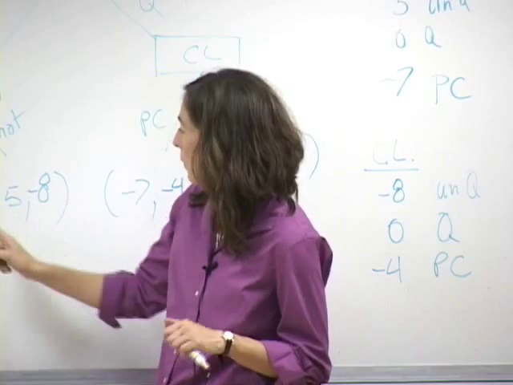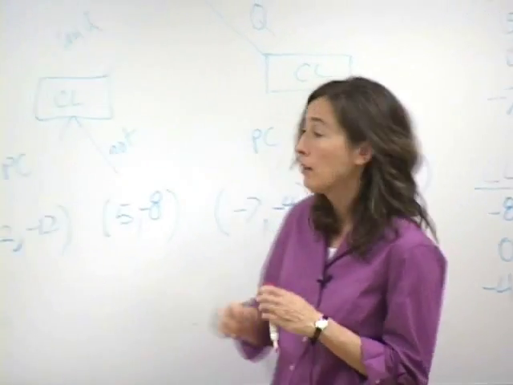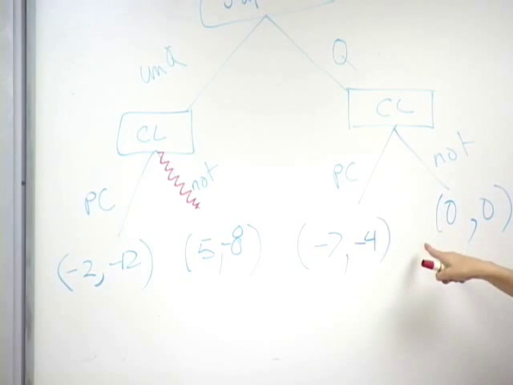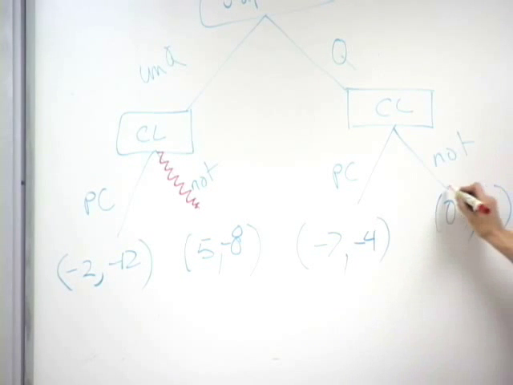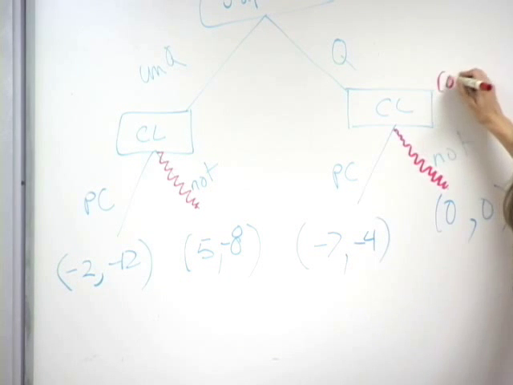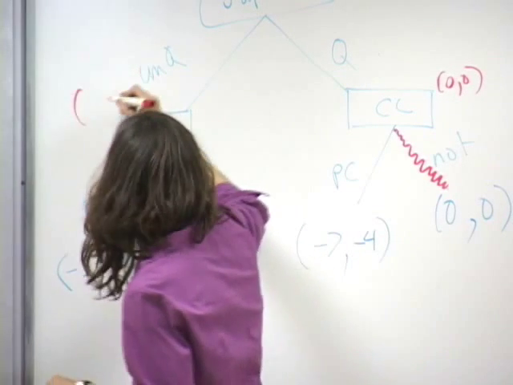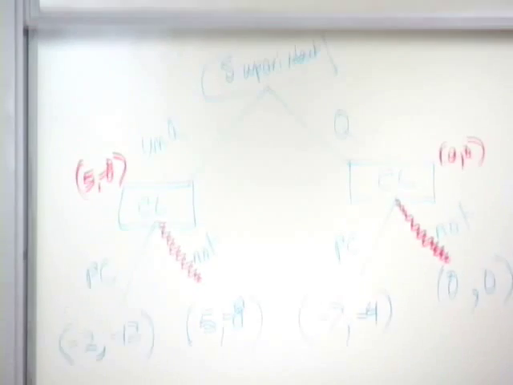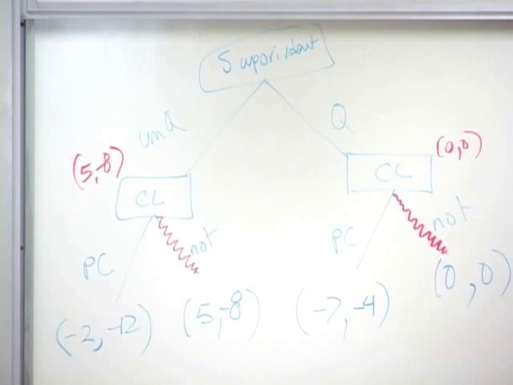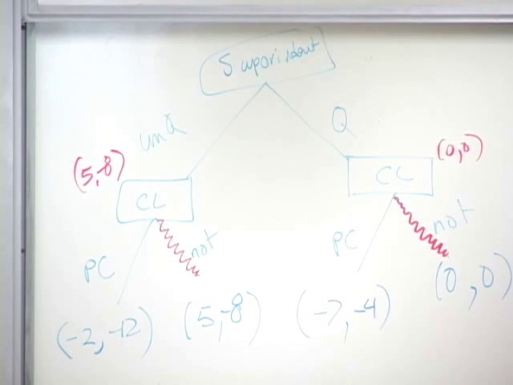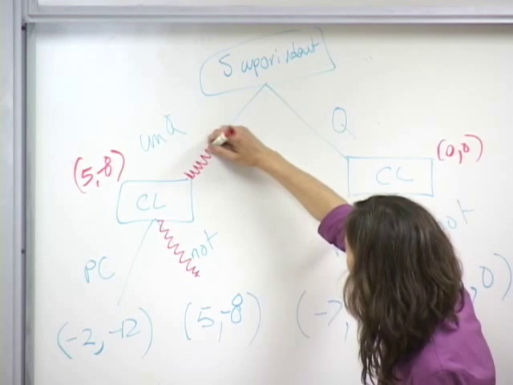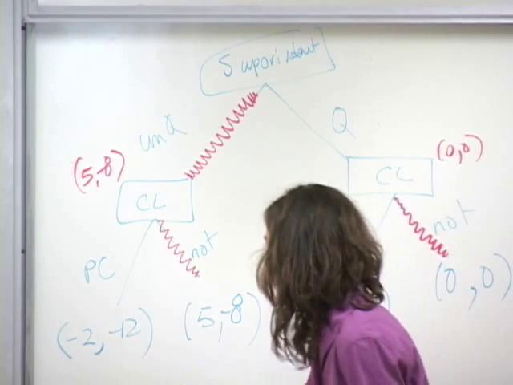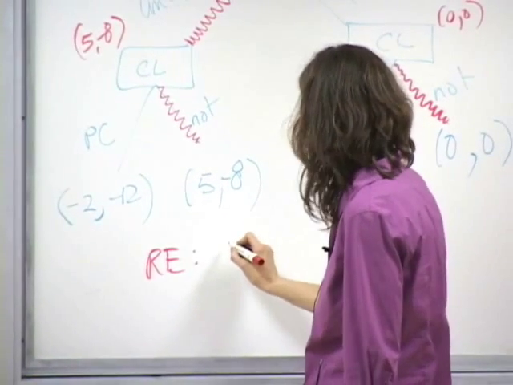If we get to this branch, the community leader would rather have -8 than 12, so she'll choose not. If we get to this branch, the community leader would rather have 0 than -4. She'll choose not. Strategic equivalent here is 0, 0. 5, -8. There, superintendent says, well, I can get 5 from my unqualified crony or 0 from the qualified guy. I'll go with my crony. Okay, so the rollback equilibrium here, I'll write it out in detail is